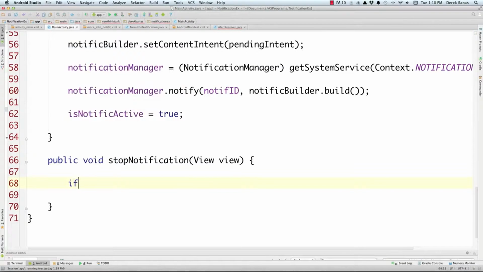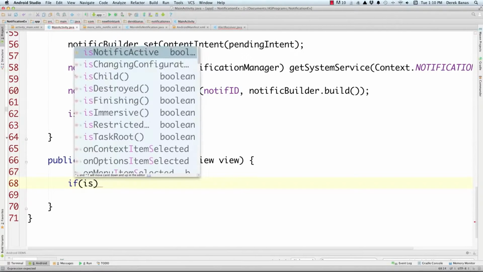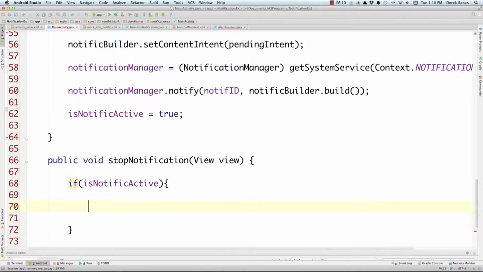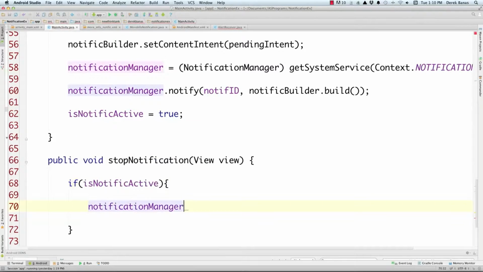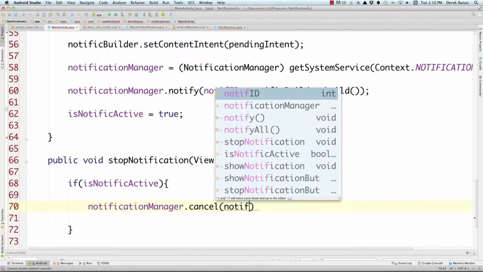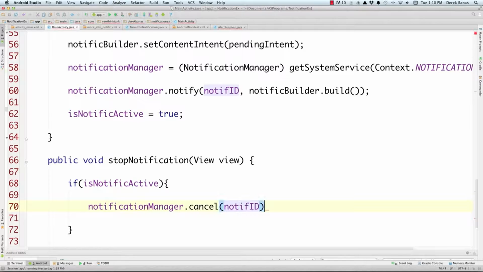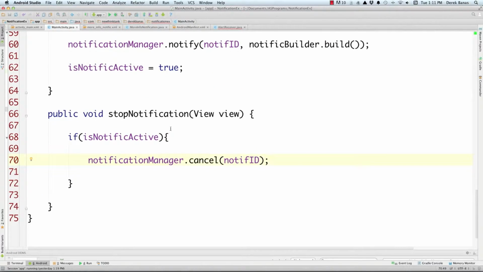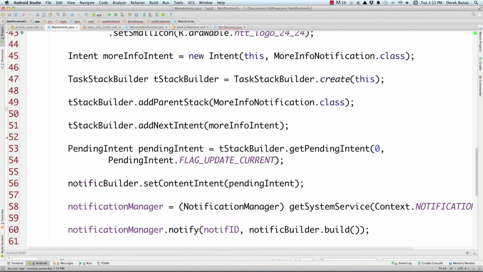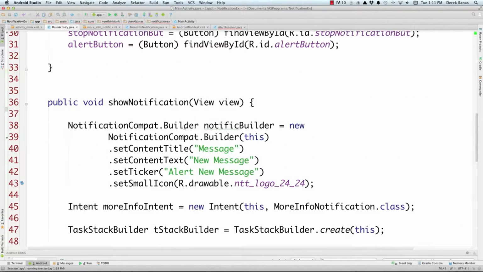And here we're just going to check, verify that it is not active. And if it comes inside of here, we know that it indeed is not active, or is active, I mean. And in that situation, if we want to close a notification, we just call the notification manager and we say cancel. And we pass in the specific ID so that it cancels the correct notification. Okay, so now that we have the notifications all set up and we have a way to click and close them,